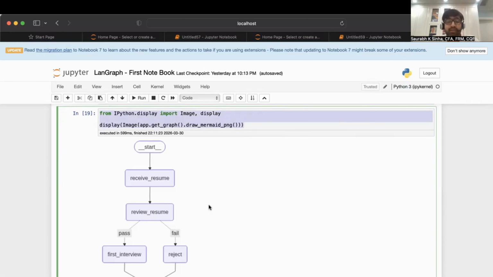LangGraph. See, in one way, it is important because it gives you a way to inspect your implementation in an image format. So I give the discretion to you all to decide whether you want to watch this video or not. With that, let's jump into how this particular cell is giving me this image format without